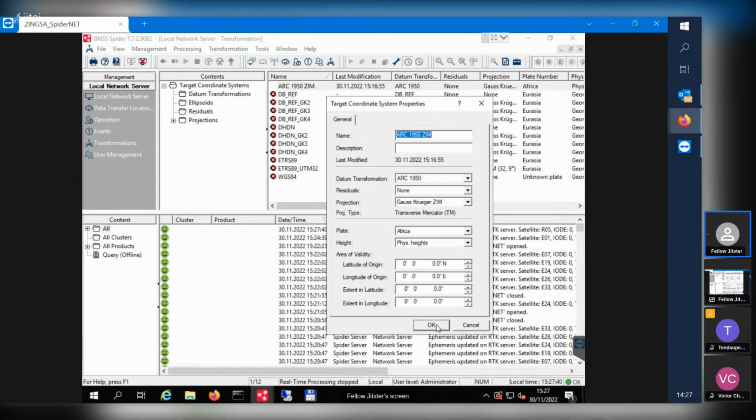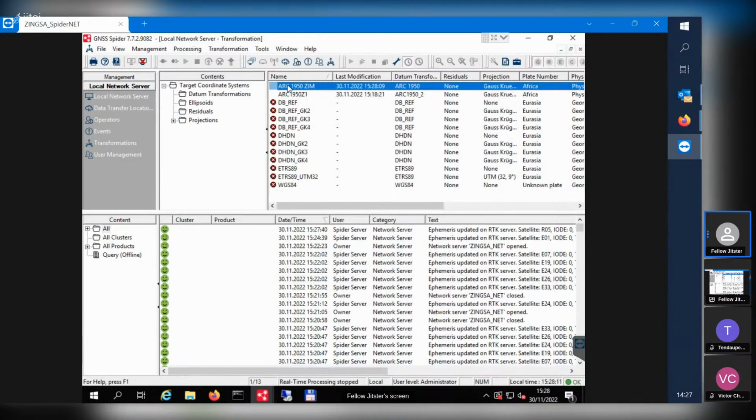For the new datum, when you calculate parameters, by the moment you observe the GPS coordinates, you want to apply them. Yes, sure, when you calculate. Okay, that's fine. So once you have configured this ARC 1950,